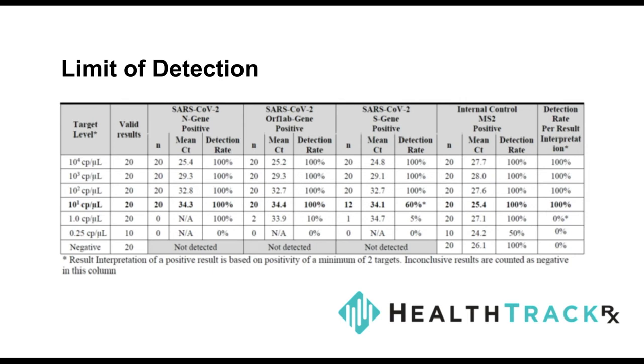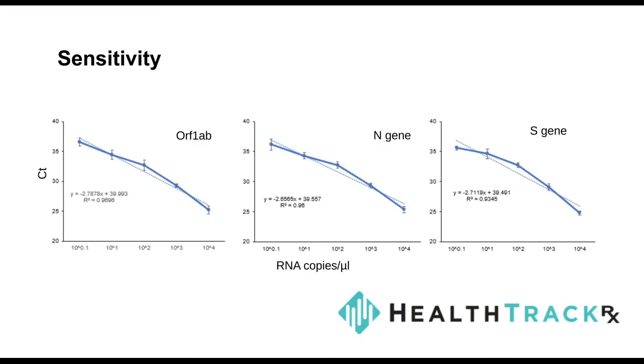And you can see that it was established at 10 raised to power 1 copies of the viral target per microliter. And it's not that we could not detect it at any lower values. We went right down to 10 raised to power 0.1 copies per microliter of our target. However, we made a decision of capping the limit of our test at 35 CT values, because if you